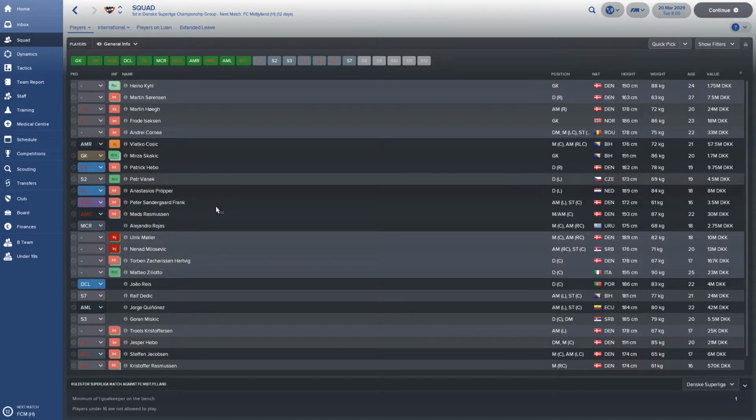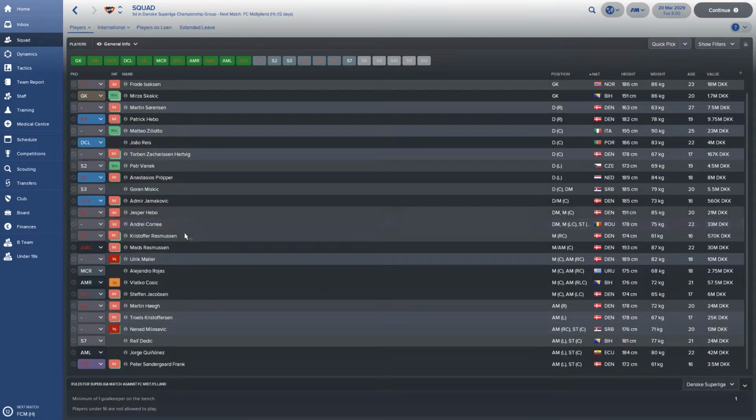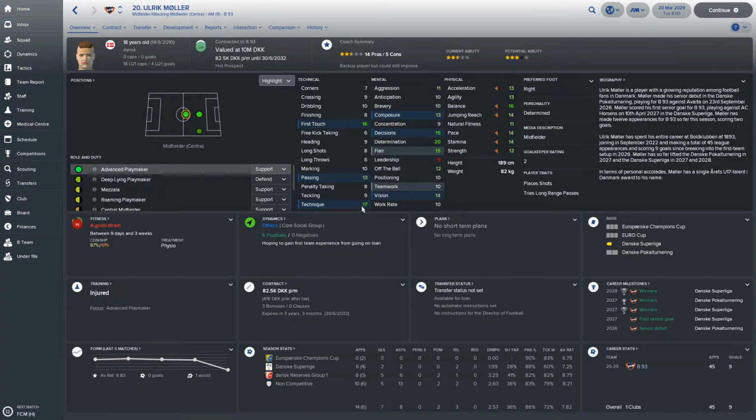For instance, I recruited this guy a couple of seasons back. Where is he? Here. This guy had 4 determination when he was 16. I gave him a tutor. Now he's 20, but his personality is only determined, meaning that his other invisible stats must be extremely low, because with 20 determination he should be extremely determined or something like that, but he's not.